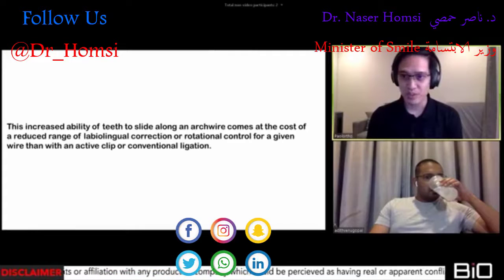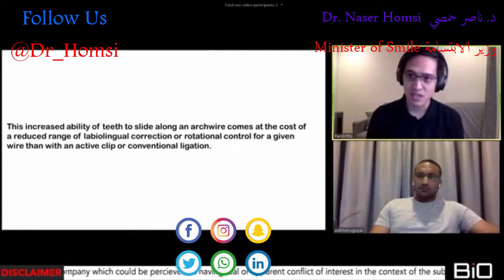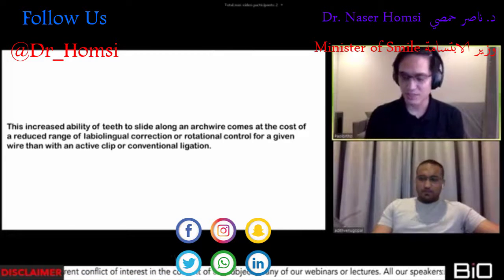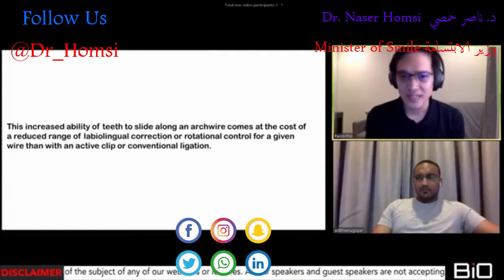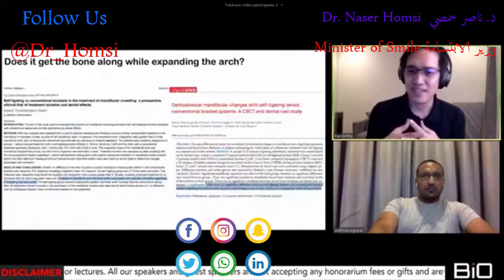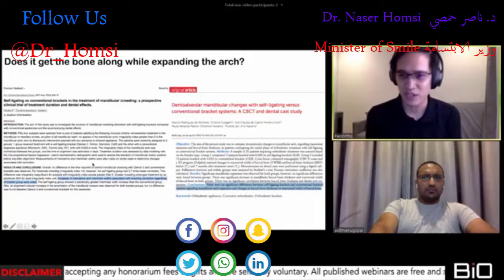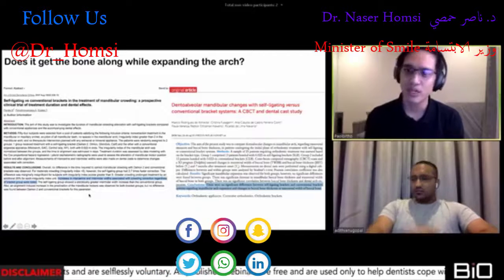Are we basing it on the whole treatment? Are we basing it on tooth movements? Are we saying it just because there's less friction, just because the slots are bigger? Is it based on the individual tooth movement, or on the treatment as a whole? I think one of the factors behind the claims of treating patients faster with SLB is that you don't really get to go into the stage of space consolidation. You usually just stay within the stage of leveling and alignment and go straight into finishing, which is what is being publicly advocated in